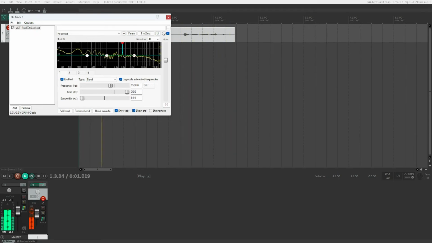I narrowed it to 0.01, and now to 0.07. As you can hear, a really specific frequency is now boosted, and it's